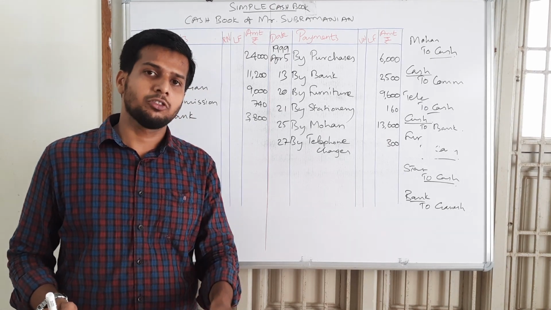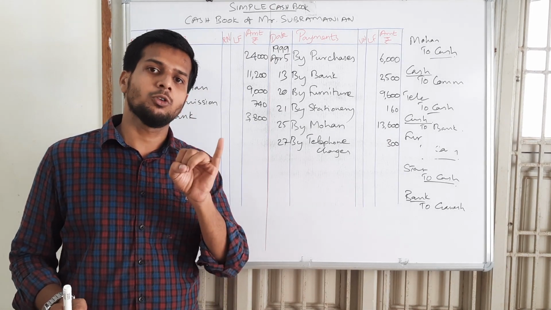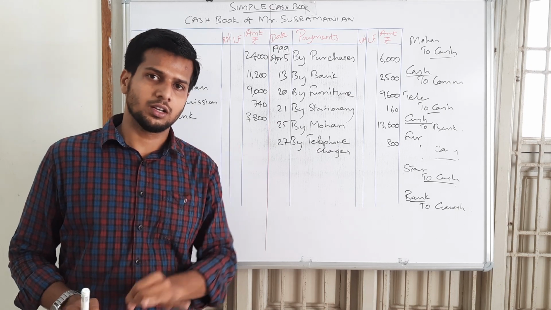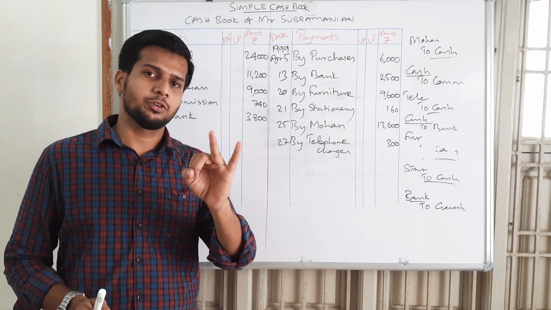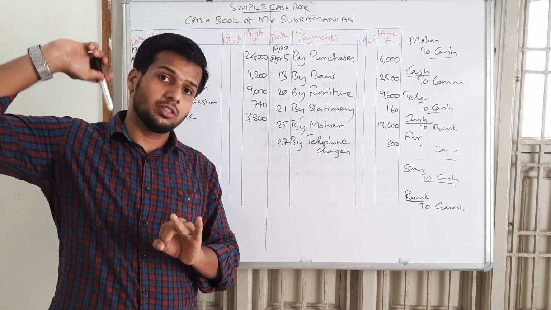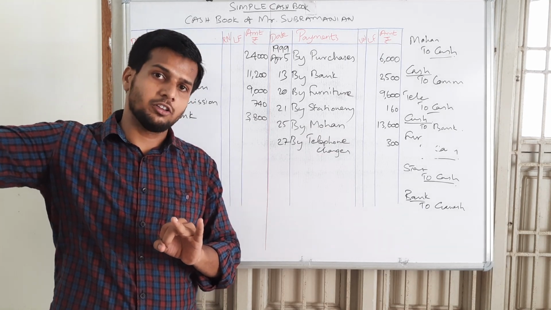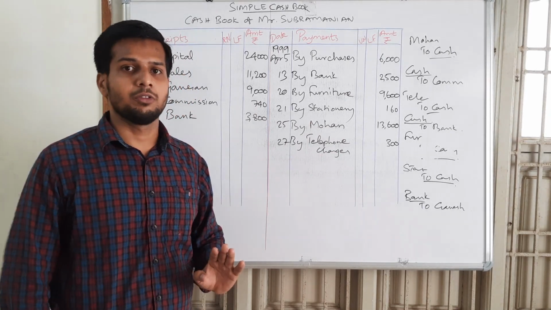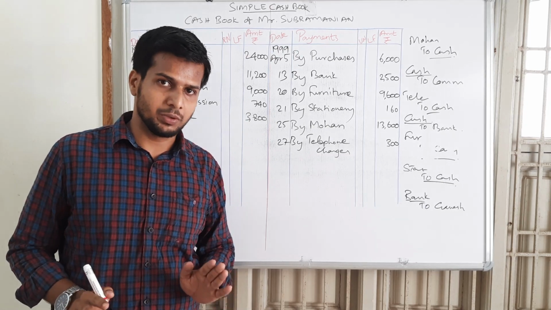Okay, here they have given purchased on credit and sold on credit, two of them. Now as for credit transactions, they will be recorded in the purchases book and sales book and not in the cash book. Only the cash transactions will be recorded.